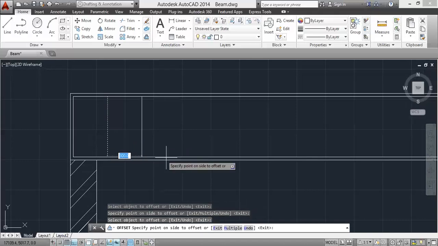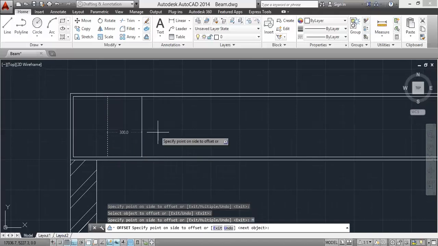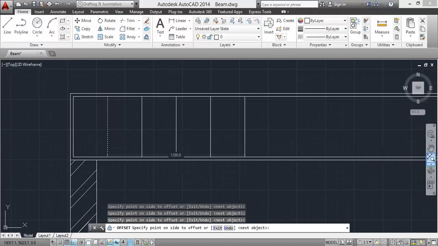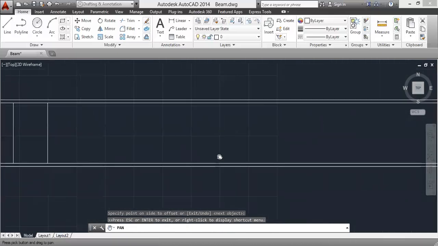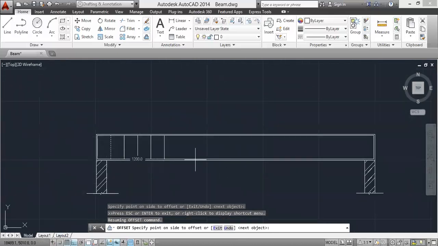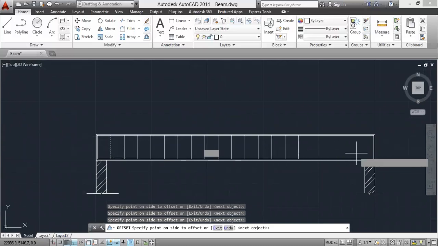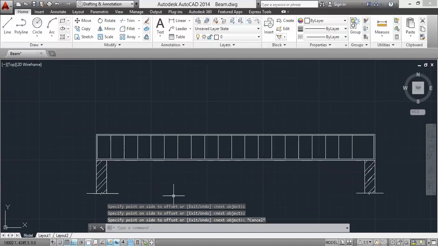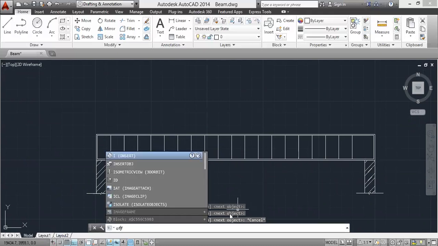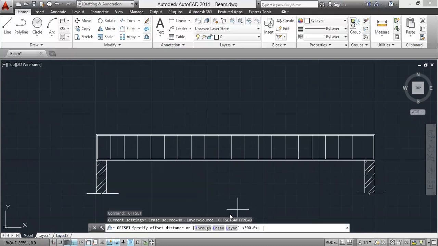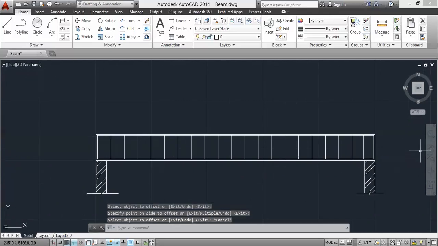Click on this line and select multiple. Okay.